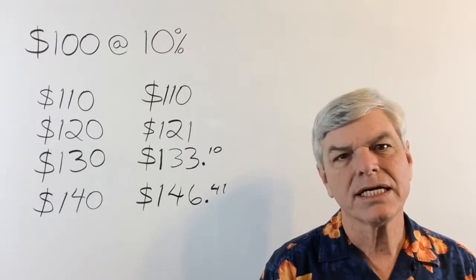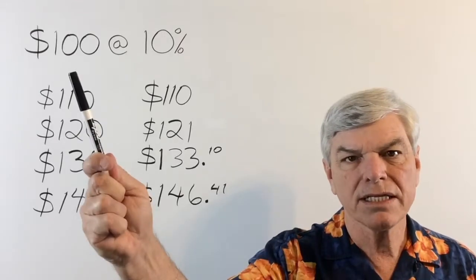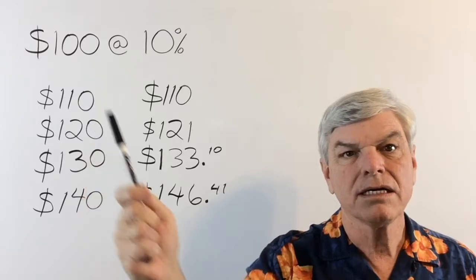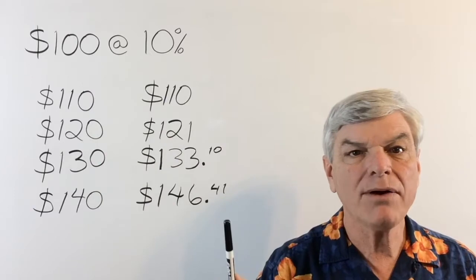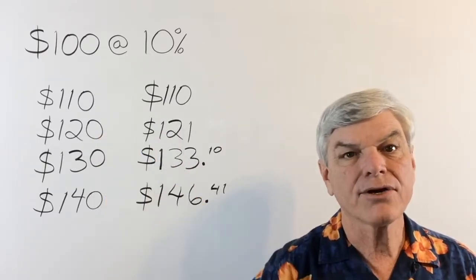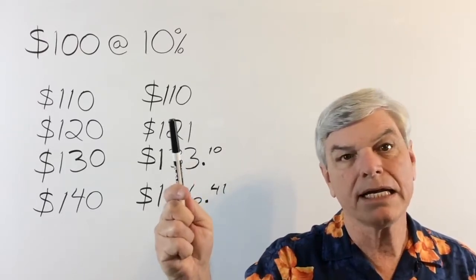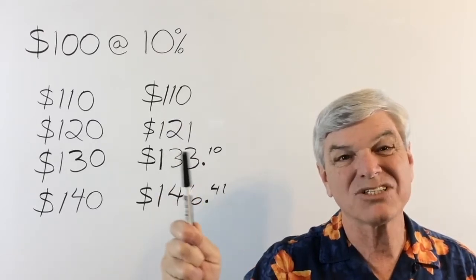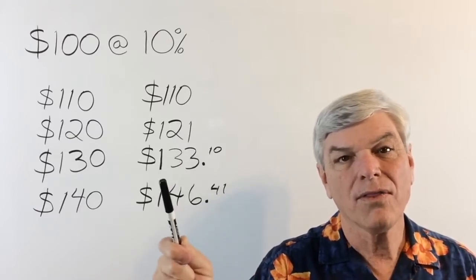Simple interest is interest on your original principal. Principal means the amount that you put in the bank or the amount that you invested, and you get 10% interest on that. Compound interest is when you get interest on your principal and your accumulated interest. So in the second year, I'm getting interest on $110. On the third year, I'm getting interest on $121. On the fourth year, I'm getting interest on this